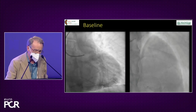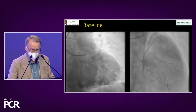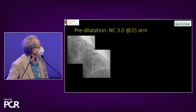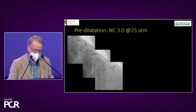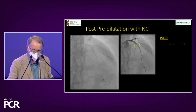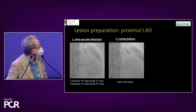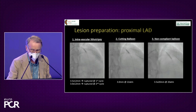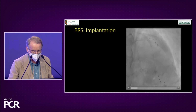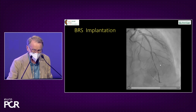Another example, another diffuse long disease LAD. These may end up in a long stent or full metal jacket. I go quickly because many of these are well known. We do pre-dilatation of the proximal lesion. There is an indentation. We need to do IVUS. We see concentric disease on IVUS. We do lithotripsy to get a better balloon expansion, even cutting balloon, then high pressure non-compliant balloon. And then in this case, we implanted a BRS, but you can implant a metal stent in the proximal lesion, relatively short,